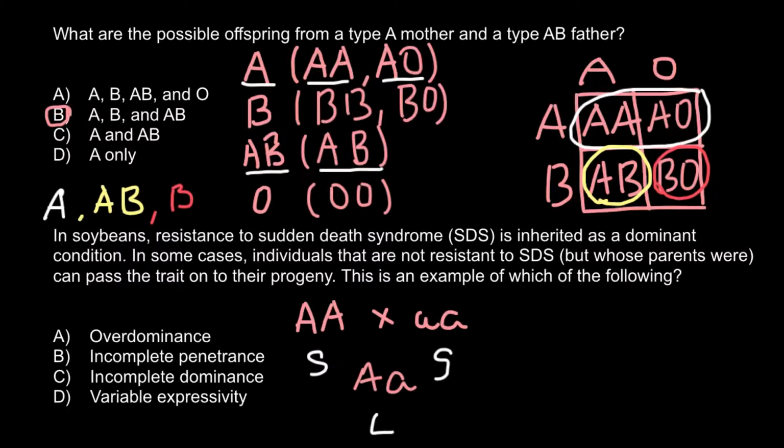But when we cross these two pure lines, the hybrid progeny would be more tall, more robust, and would have better survival rate. So we can say that this is an example of overdominance. So we can cross out this answer, and if we take, for example, answer C, incomplete dominance, would be an example